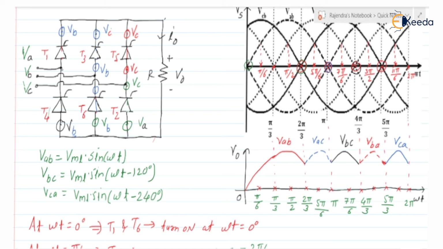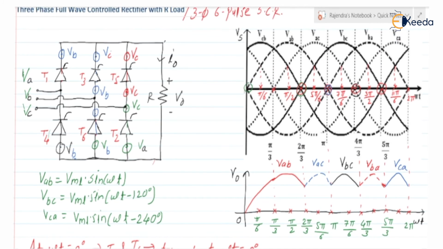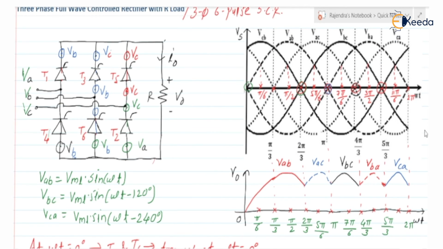Here voltage is VA. So VB minus VA, that is a VBA. So please check after omega t equal to 0, what is the VBA? VB minus VA. If you check, VBA means this pulse we are having. So this pulse after 0 is negative. Omega t equal to 0, it is negative. So as soon as T6 turns on, thyristor T4 will turn off. Is this clear? So after 0, which thyristor pair will be in the on state? It is T5 and T6.